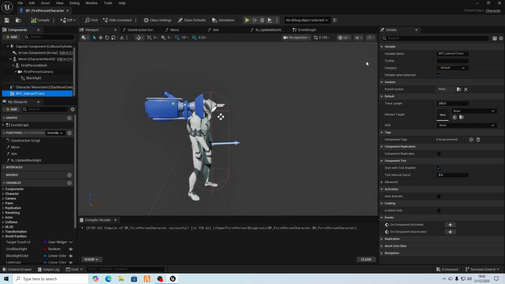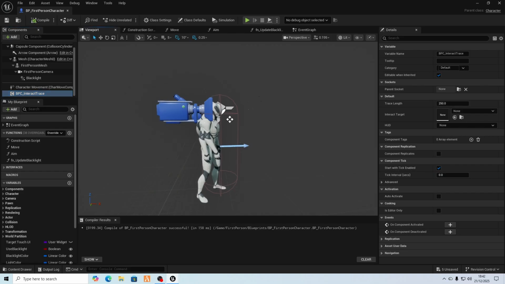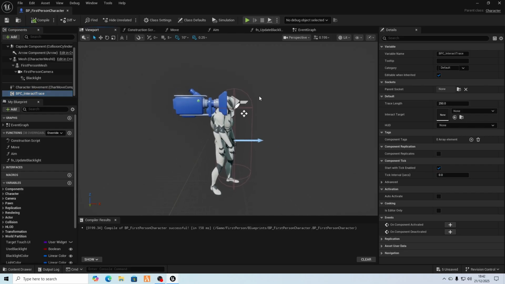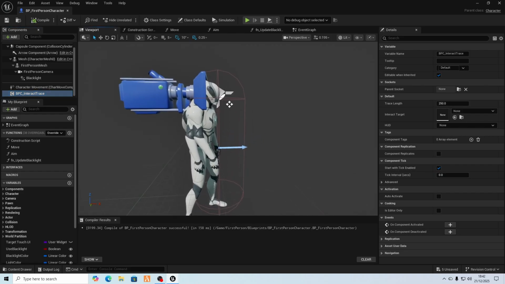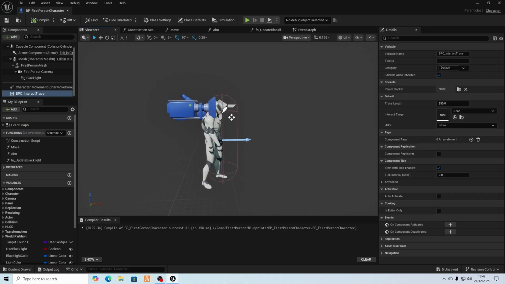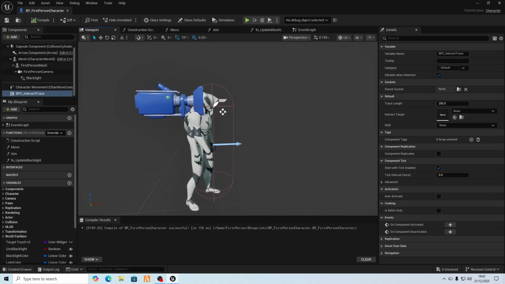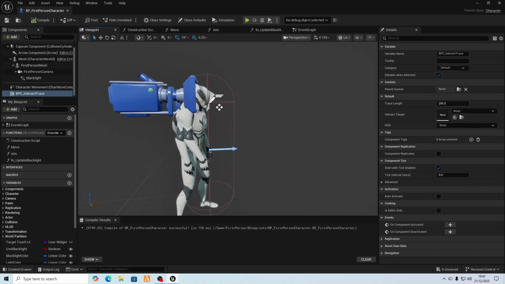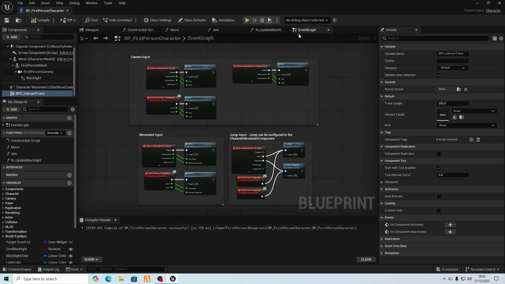So what I'm going to do is show you how to interact with objects in the world, in probably the easiest way, which is what's called a trace. It draws a line from your camera to the center of your screen and through for a distance, and bounces back when it gets a hit. That's basically what we're going to do. And we could put this in our event graph here,